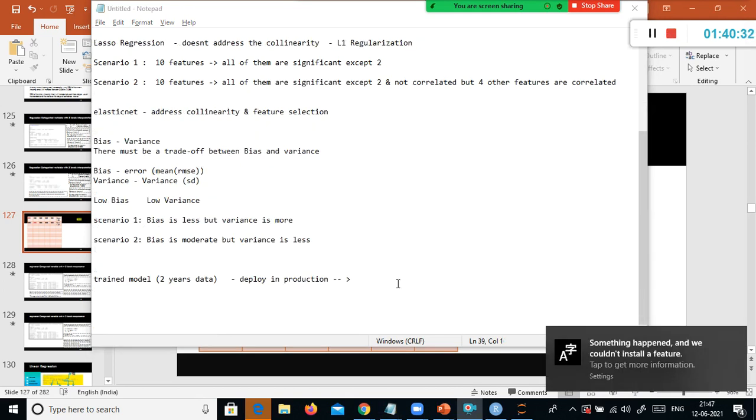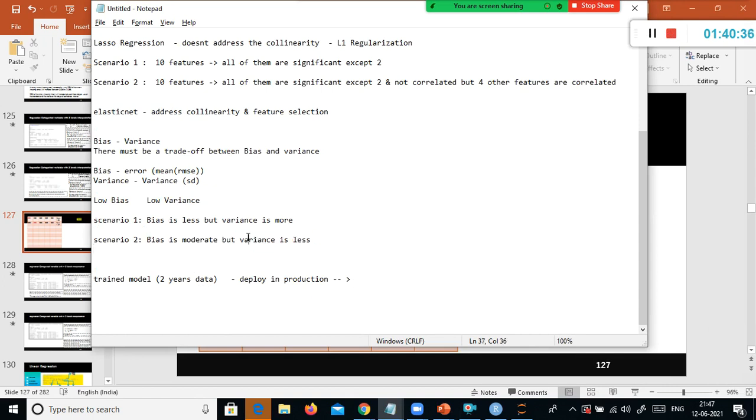So in this case, even though the bias is moderate, if the variance is less, then it is good. Bias is moderate in the sense, not mild, right? Like in COVID they use this term, mild, moderate. So mild, moderate, middle, right? High means critical. So the error is a little more compared to this model, but better I can go by this model.